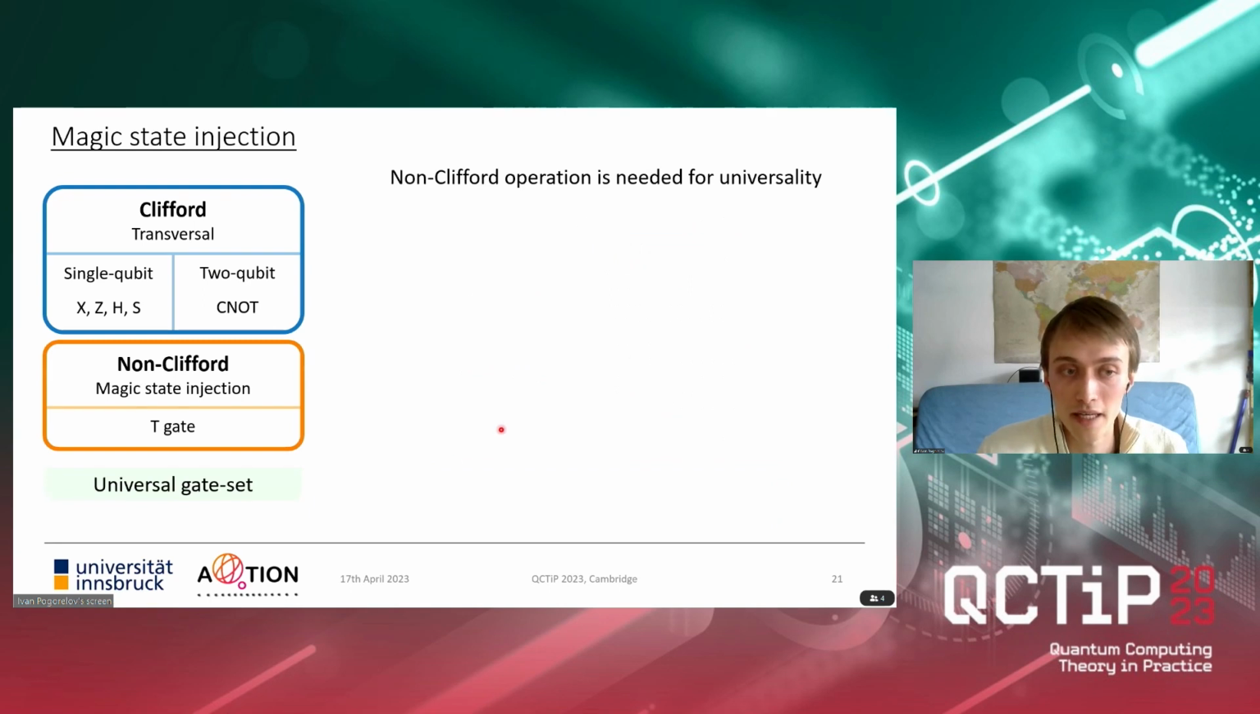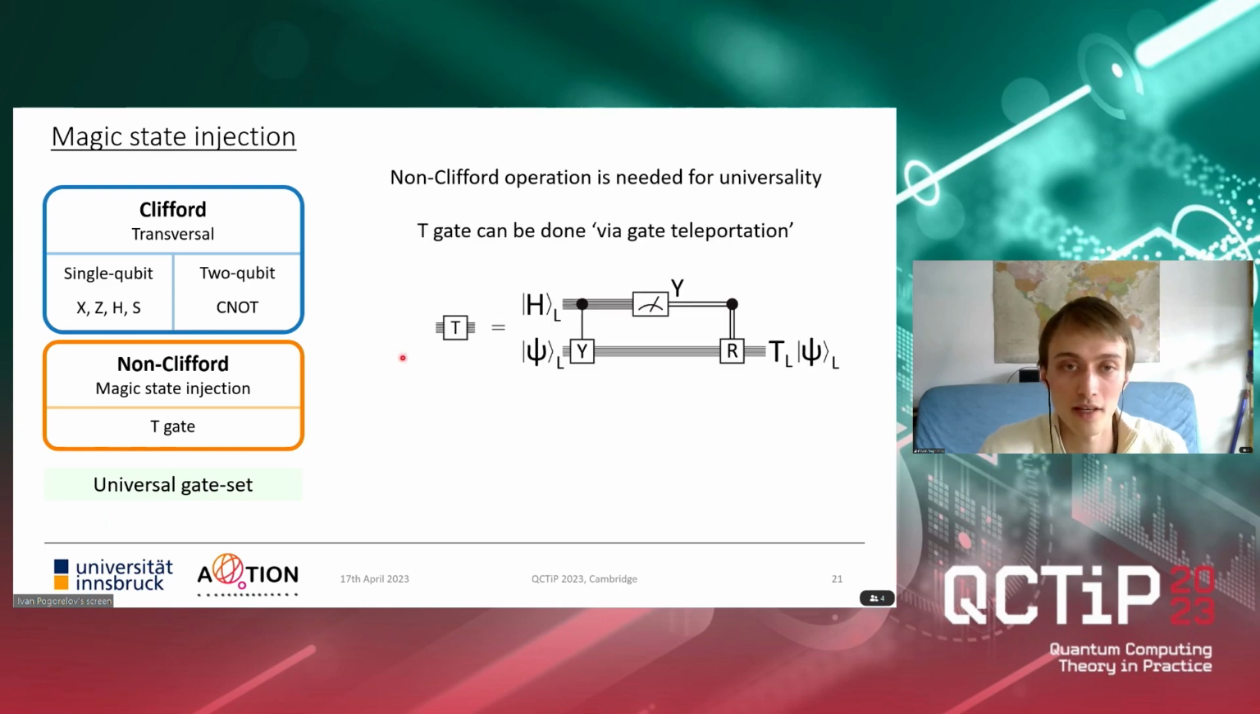However, to make a universal gate set, we also need something non-Clifford, for example, the T gate. And due to the Eastin-Knill theorem, we cannot have all the gates simultaneously transversal in one error correction code. So we need to do something else. For example, we can do so-called magic state injection, which is in some sense gate teleportation. So here we will prepare a specific magic state. And then we will teleport and inject this magic state into our circuit to make a logical T gate on